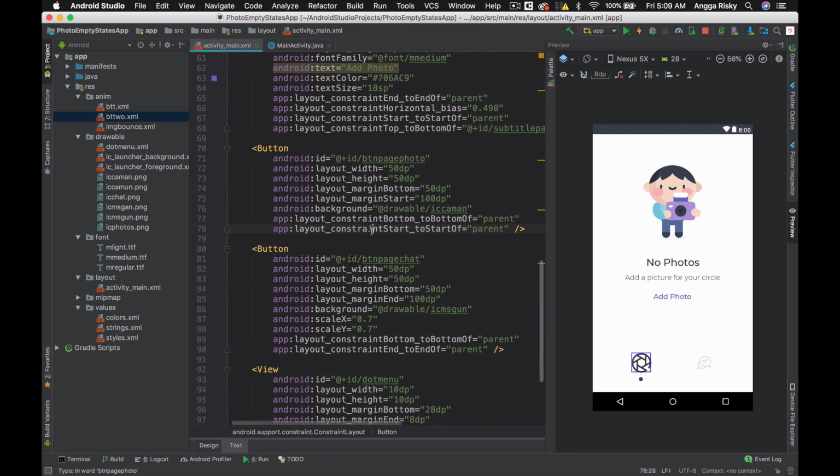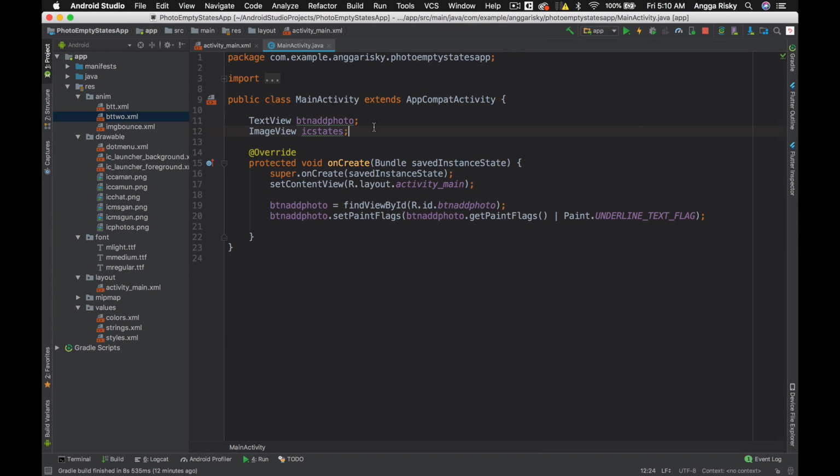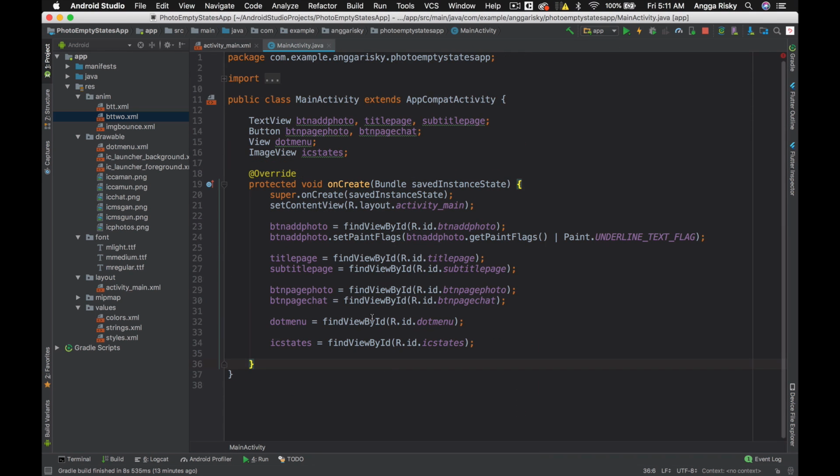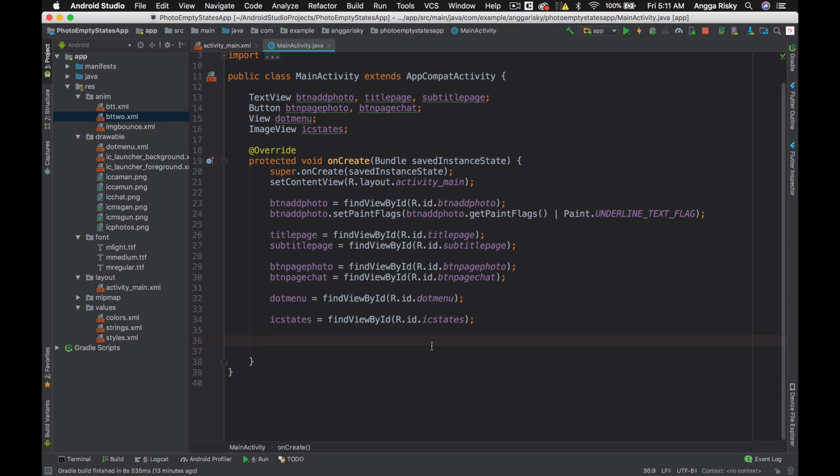So for this one we need them and the dot menu. So we declare the variables over here, and after that we need to target the ID like this, and then give an event to those buttons.